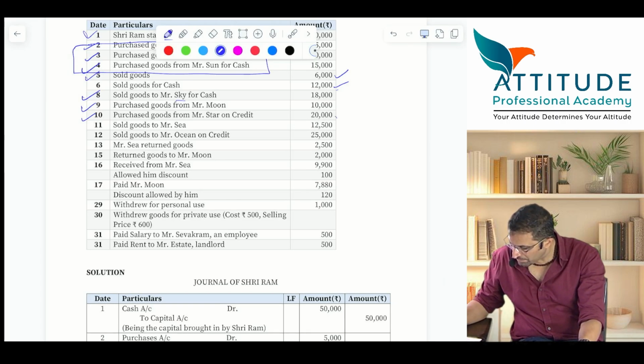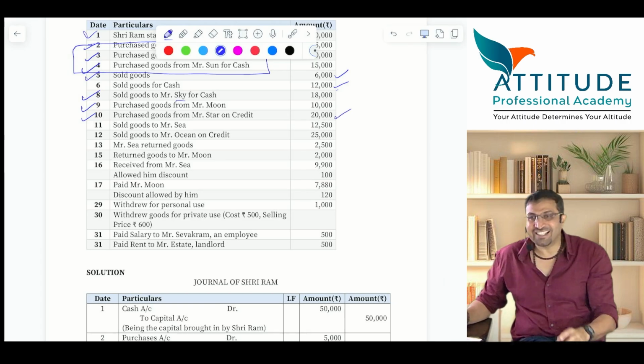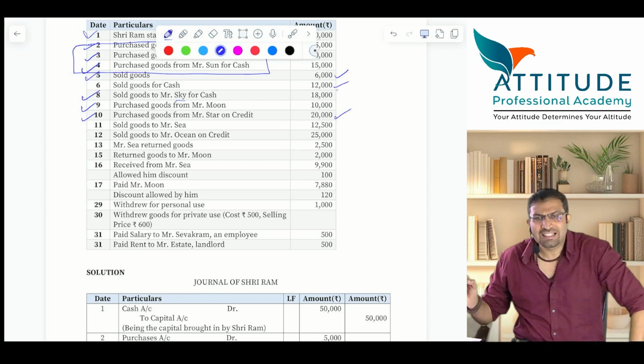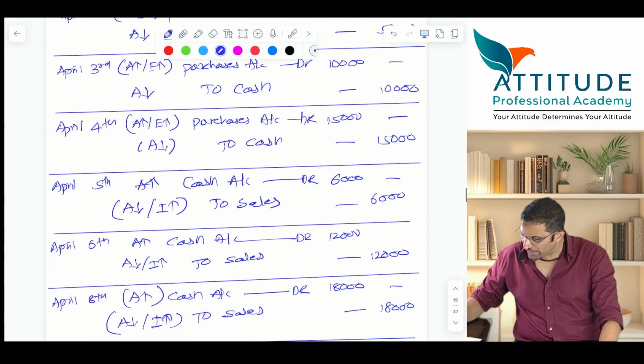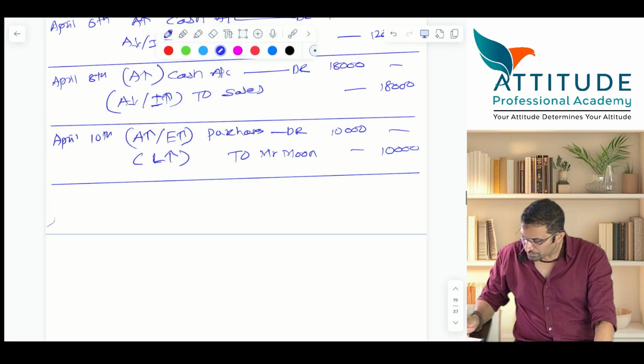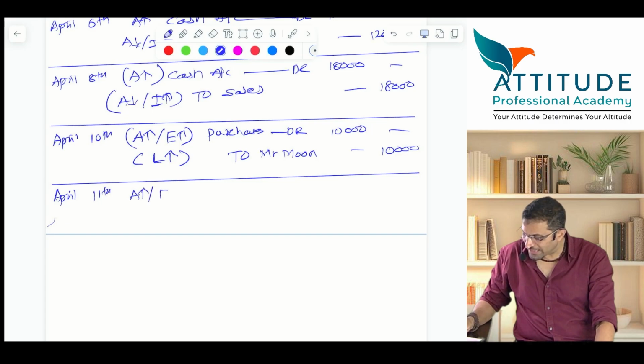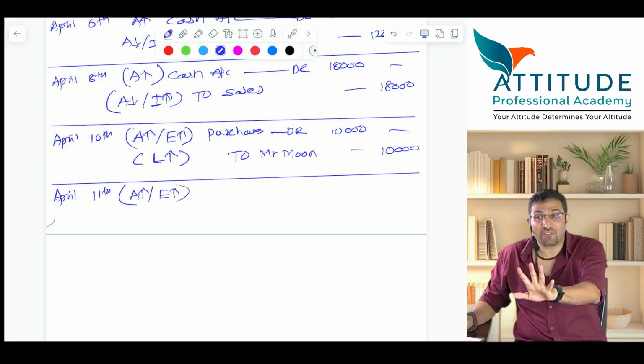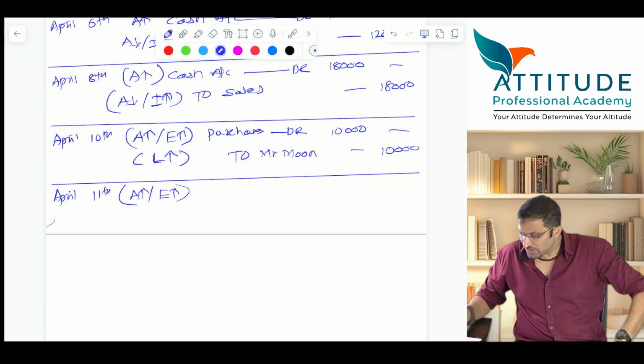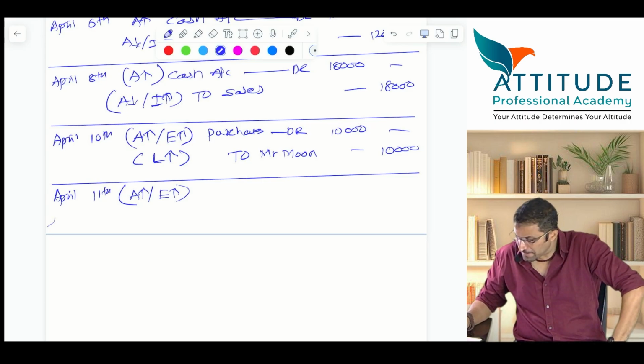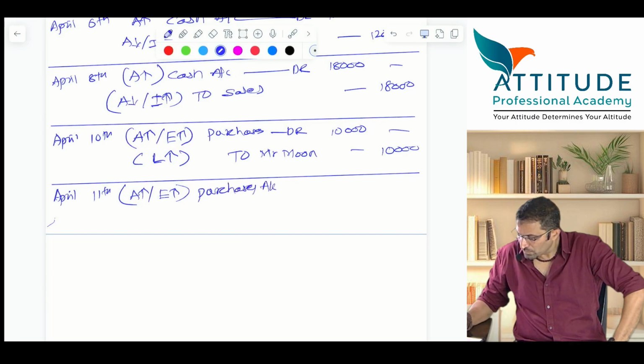Purchase goods from Star on credit. Clear cut they have given it is on credit. Analyze the transaction. What did you get? Very good. You are getting the goods. So asset increases or expense increases. When you purchase, it is a revenue expenditure. Goods are purchased, not fixed assets. Is that clear? So you can treat it as an expense. Expense increases. Purchases account debit 20,000 to